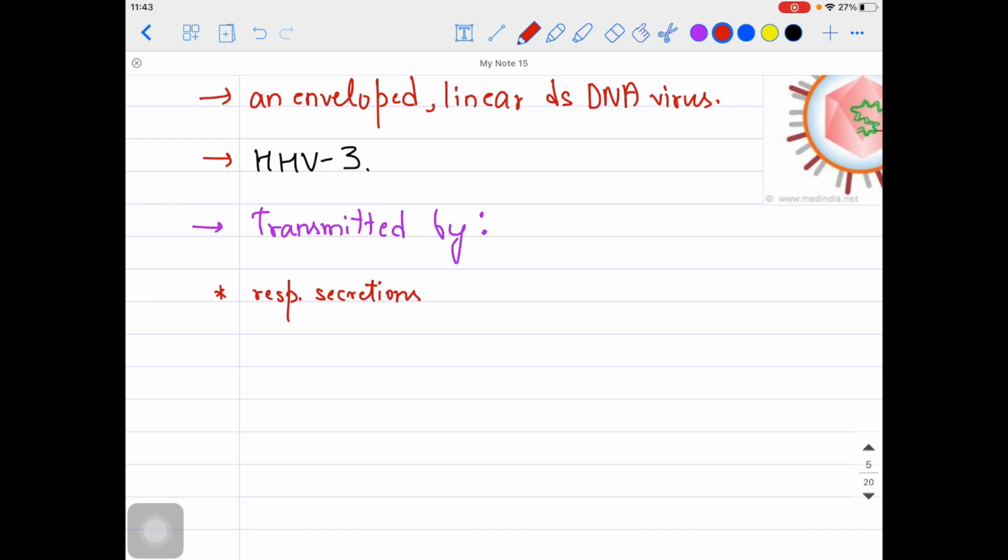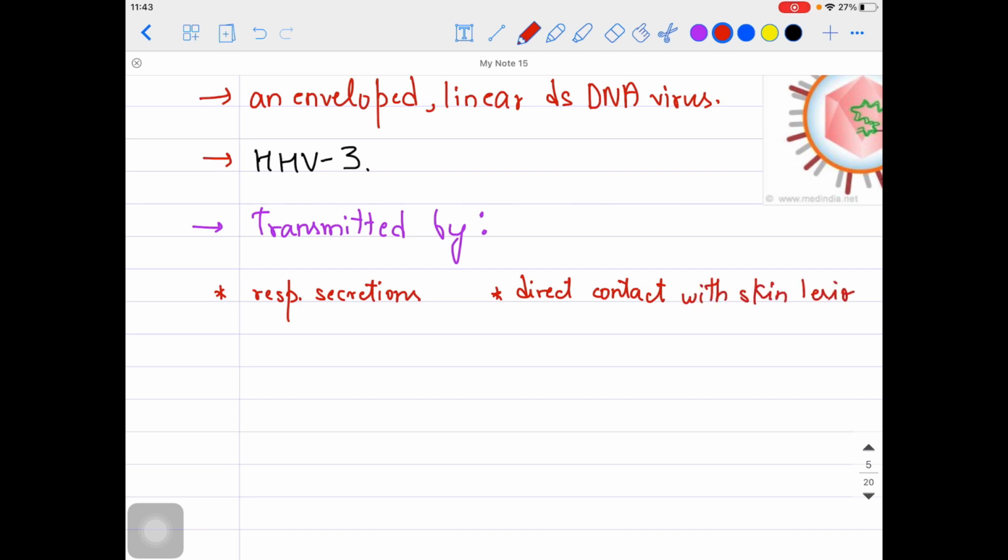What kind of skin lesions I'm talking about, I will talk about that in a moment. But if someone has direct contact with these skin lesions, for example touches them, it's very important to wash your hands afterwards, because it might transmit through direct contact also. What are those skin lesions? We'll talk about that shortly.